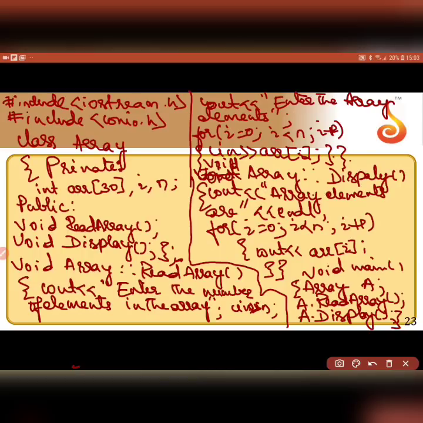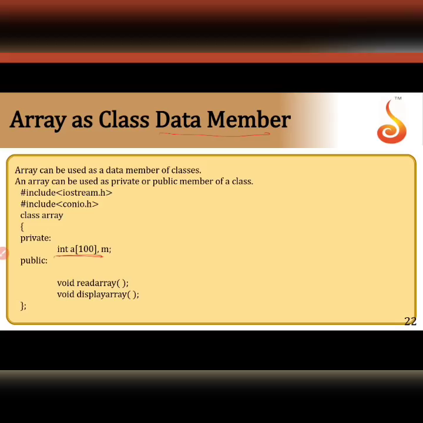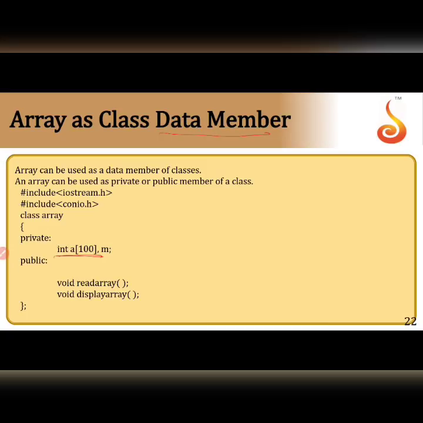After that, void main. To access the data or the functions of the class, I need to create an instance of it, and I am creating an object here. How do I create an object? Class name, space, the object name, and then object dot the member function will invoke, or execute, the function. These two are the statements. First I will read and then I will display. Have a look at this. So hopefully you have understood this.